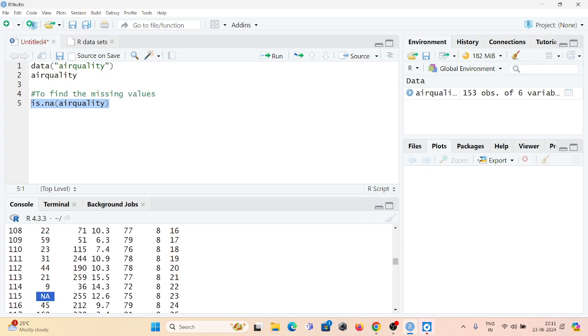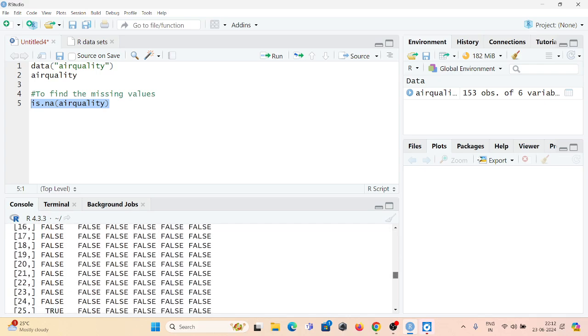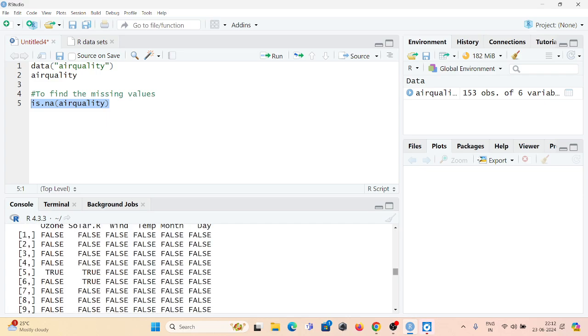And whenever we get the actual value, at that time the logical value will be FALSE, because we are checking whether NA is present. So whenever we get an NA value, we say yes, present, that means TRUE. Whenever we get an actual value, we say no, not present, that means we get the FALSE value, right? So according to this, we have received the table with TRUE and FALSE like this.